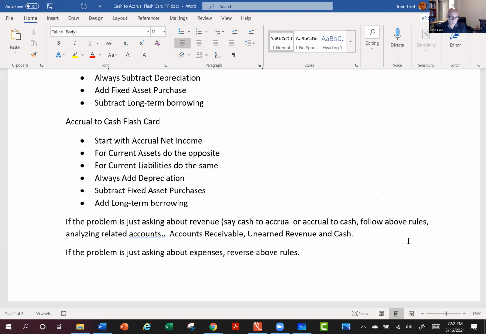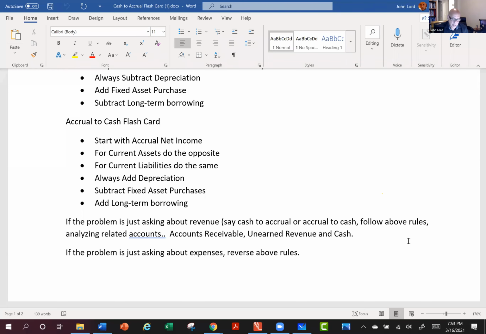So they'll give you information about accounts receivable. They'll give you information about unearned revenue. Those accounts are related to revenue. So you'll follow the same rules that we talked about above, but you're just going to probably deal with fewer accounts: accounts receivable and unearned revenue. And of course, you have to consider the cash, because they're going to give you cash revenue, and that's the number you got to adjust to accrual revenue, or they'll give you the accrual revenue and you have to